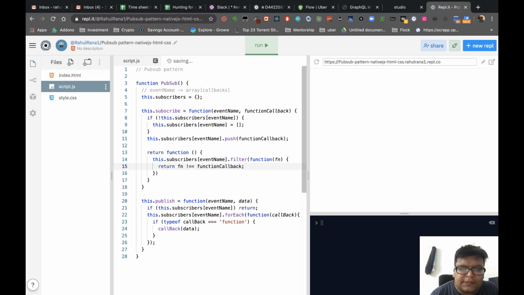It will filter: if any of the functions equals the function callback, that will not be returned, else all the others are kept. Actually simple, the function callback will be removed.